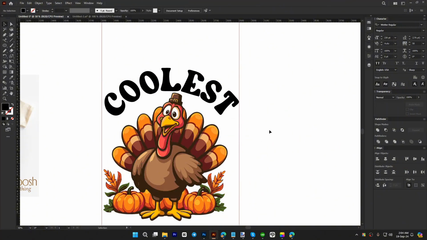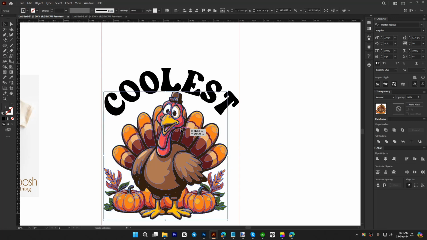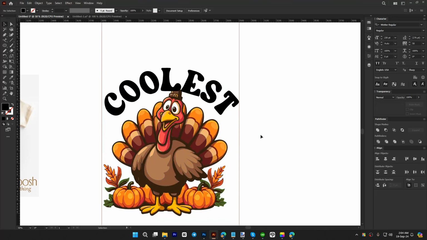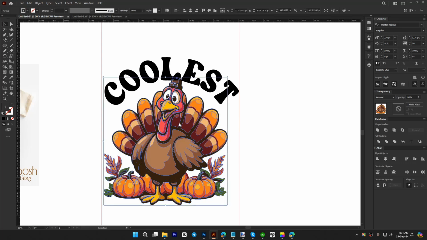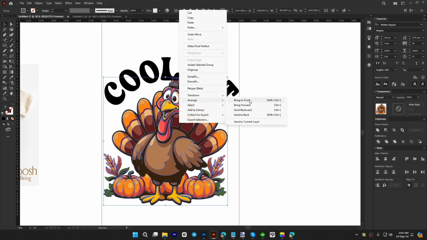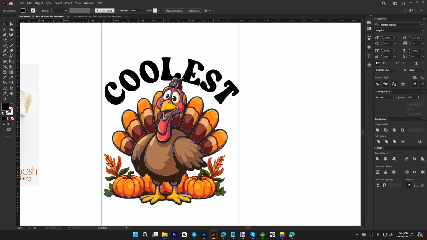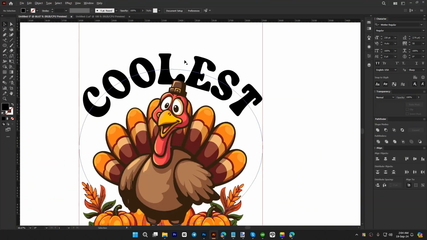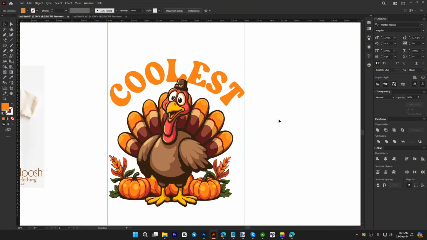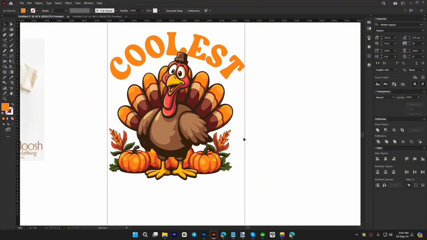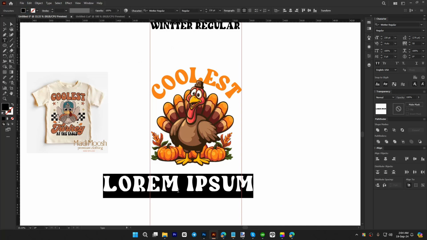That is going to give me some area, and then here I will bring my turkey, but I want to keep it on top of my text, so right click, arrange and bring to front, and as you can see here, that is on top of my text. So for the text I can maybe use this color, I can use any color I want, that is fine. And then coolest turkey,